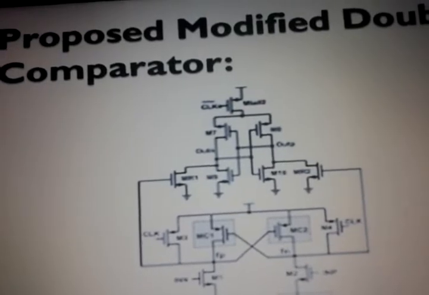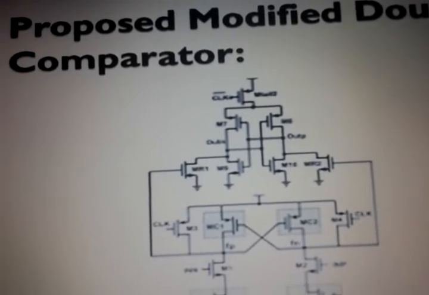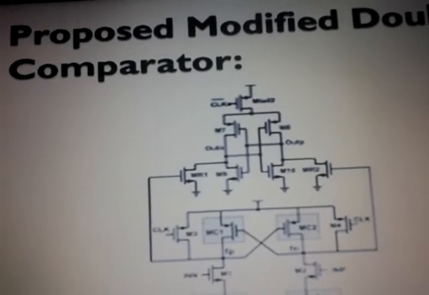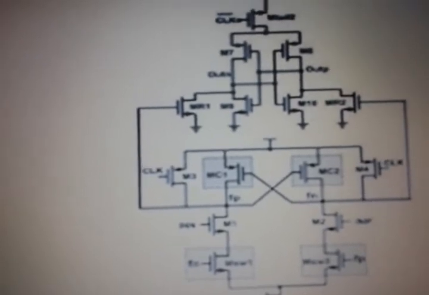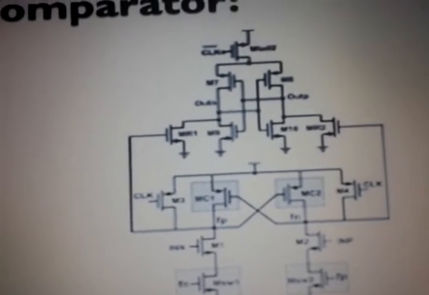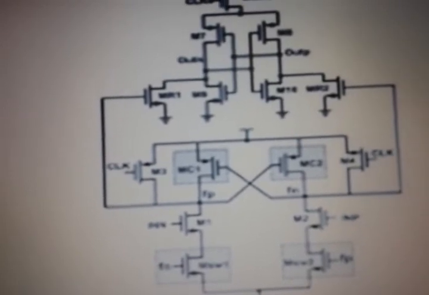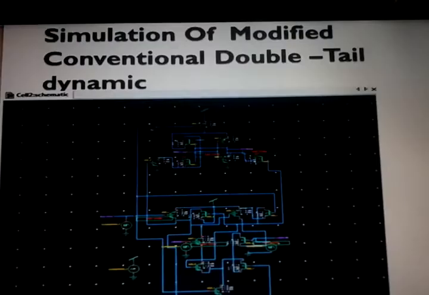Despite the effectiveness of the proposed idea, one of the points to consider is that in this circuit, when one of the control transistors turns on, current from VDD is drawn to ground via MC1, input transistor M1 and M-tail 1, resulting in static power consumption. To overcome this issue, two NMOS switches, MSW1 and MSW2, are used below the input transistors as shown in the figure. At the beginning of the decision making phase, due to the fact that both Fn and Fp nodes have been pre-charged to VDD. This is the operation of our proposed modified double tail dynamic comparator.